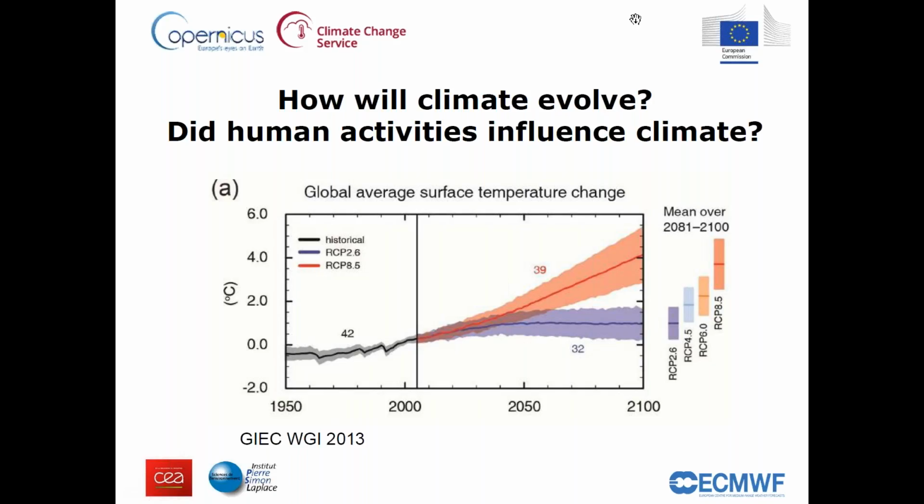So, for instance, I put on the figure one of the major figures of the IPCC Working Group 1 that was released in the assessment report in 2013, which is the projection of climate until 2100, which is made under several socioeconomic scenarios which induce different greenhouse gas emission scenarios. So basically, this picture shows how the mean temperature over the globe is likely to evolve with uncertainty range in these scenarios. And now the idea is that all these climate projections could also be used in other sectors